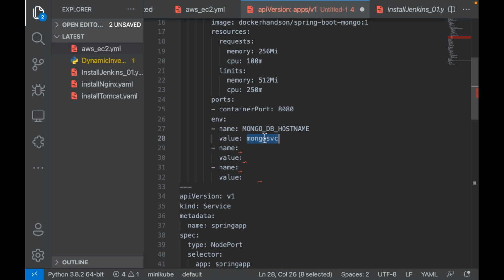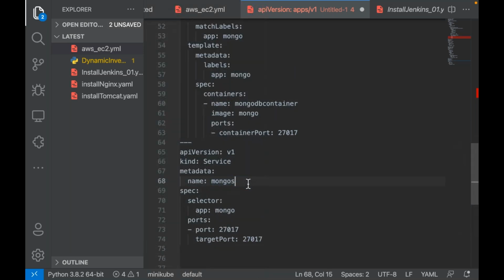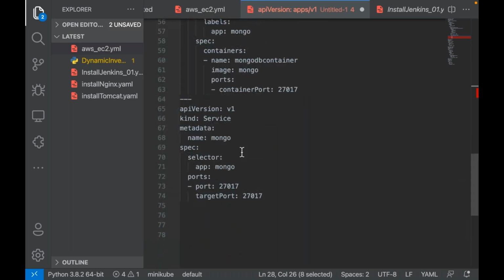Yes. So if I give the service name as Mongo here, but if I give something else here, even though your Mongo database is up and running, will it work? No, right? So make sure you are giving it properly.